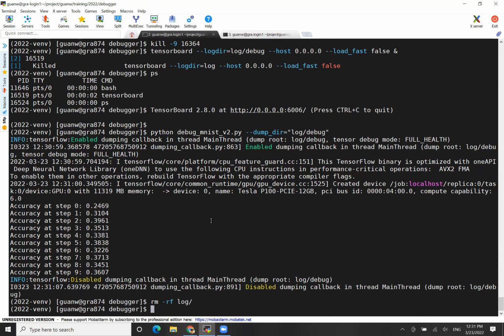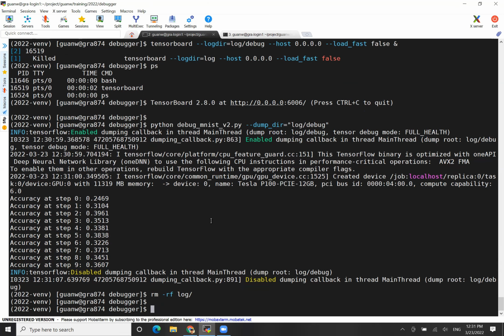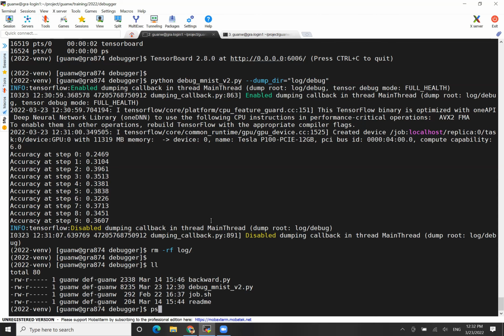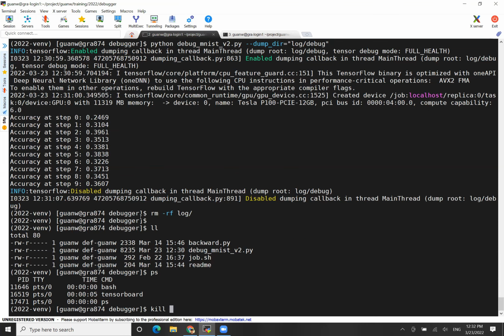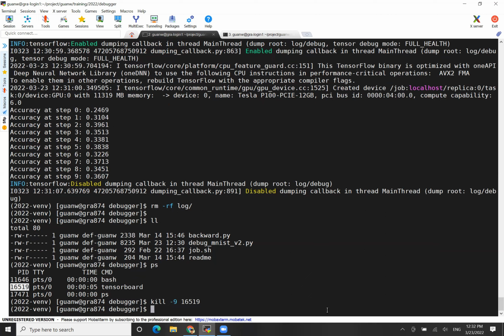Yeah, I need to remove this one. And yes, I need to kill the Tensorboard. For some reason, it cached it, and kill it completely. And if I do Python again,